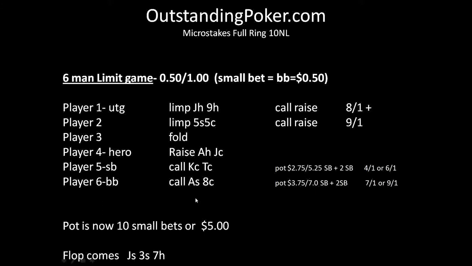Then we see our hero on the button with ace-jack, thinking to himself, hey, I am probably ahead of their range. Both those guys, I've seen their stats. They play 40, 50, 60, 70% of the hands. My ace-jack is well ahead of them, so I should go ahead and raise. And in theory that works. In the small games, not so much,